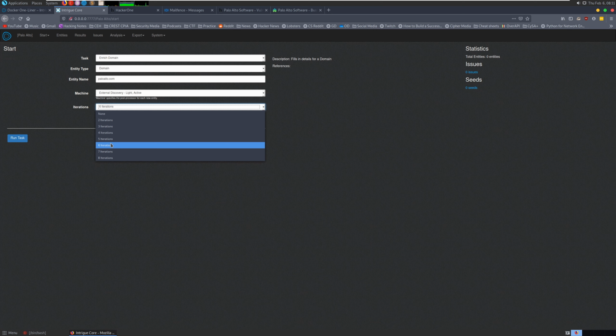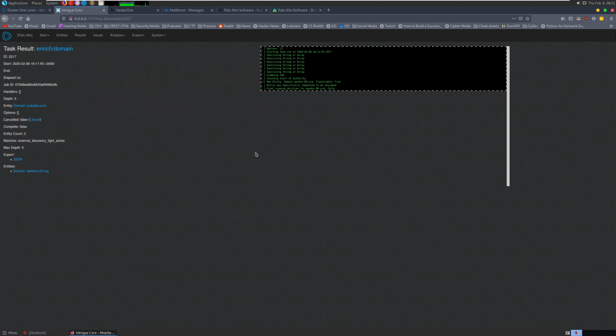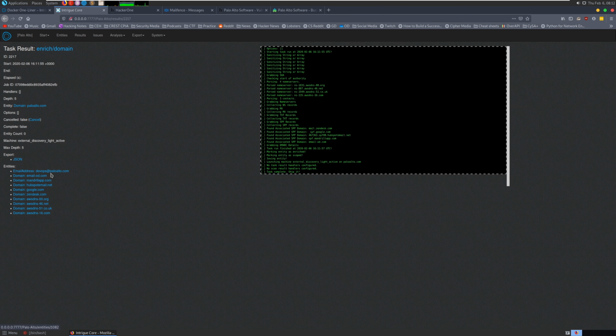Yes, and that's also why I'm taking something from a bug bounty, just so I can always say I was looking for a bug bounty if I get into trouble. But let's go with 5 iterations here and start running, and you'll see you get your pretend terminal here, and you see it instantly start listing. It's found emails, relevant domains,